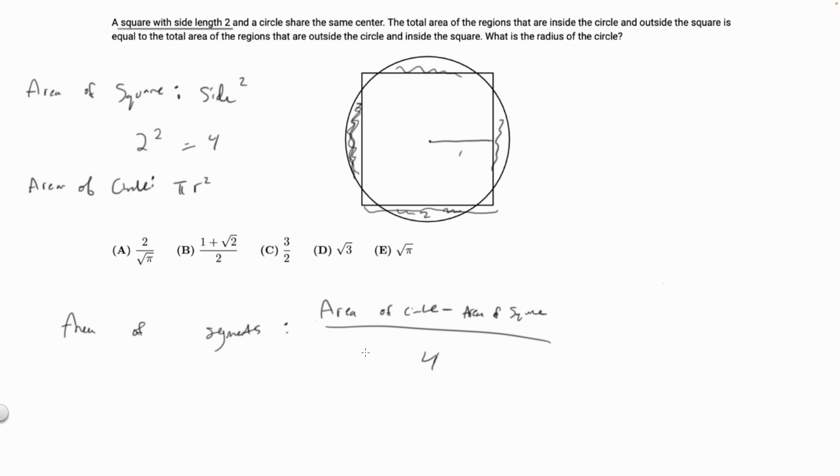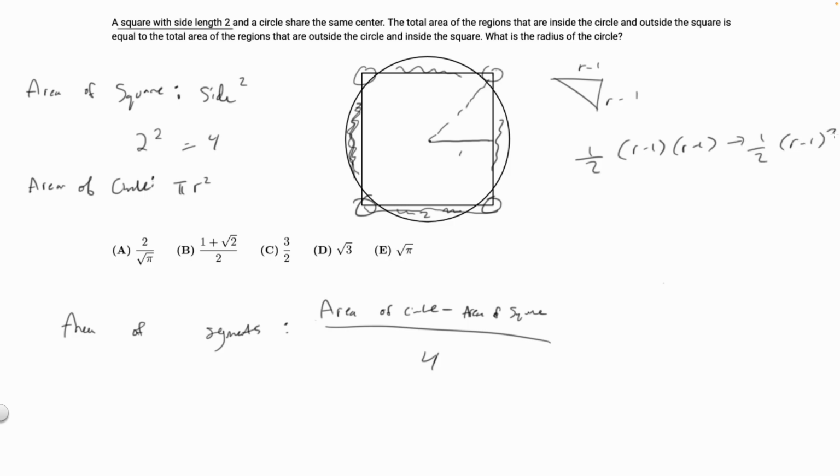And then after that, the regions that are outside the circle and inside the square are going to be the corners of the square, and these are not covered by the circle, as we can see. And there are also 4 of these, and each is a right triangle. Since each of them is a right triangle, the length of the legs of each of them is r minus 1, since the square has a side length of 2 and the radius extends from here to here. So the area of the triangle is going to be half times r minus 1 times r minus 1,